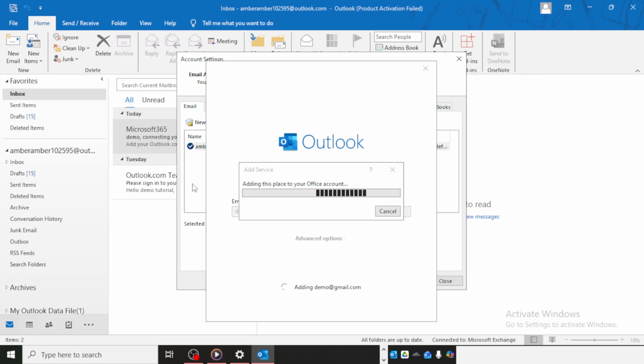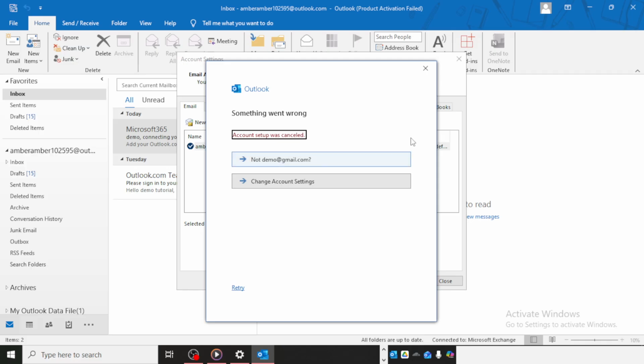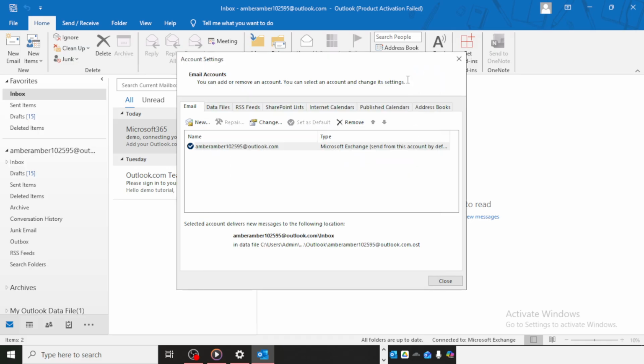Outlook may ask you to confirm the action, so read the message carefully and proceed if you're sure. Removing an account from Outlook disconnects it from the app, so it's a good idea to double-check before you confirm. This is especially important if the account is still in use. And that's how to add or remove an email account from Outlook.